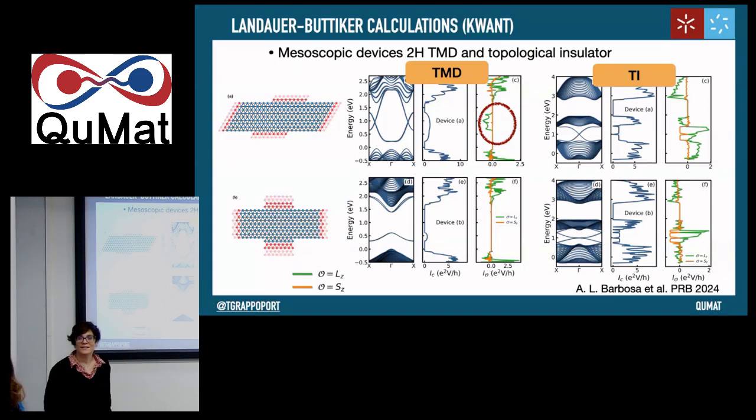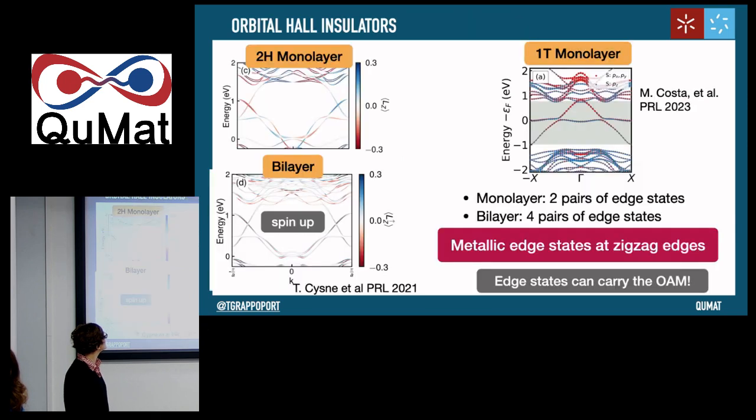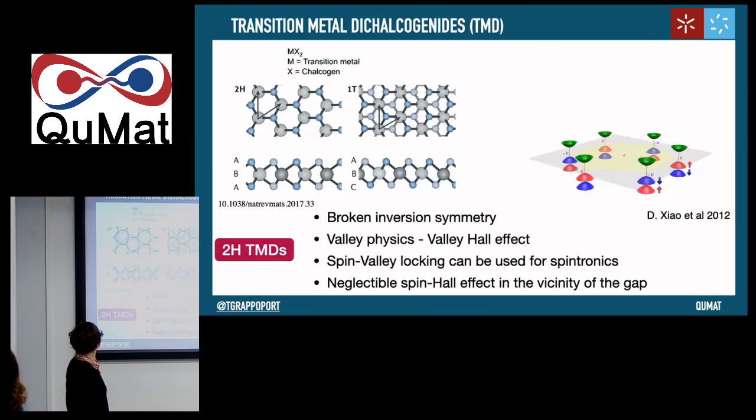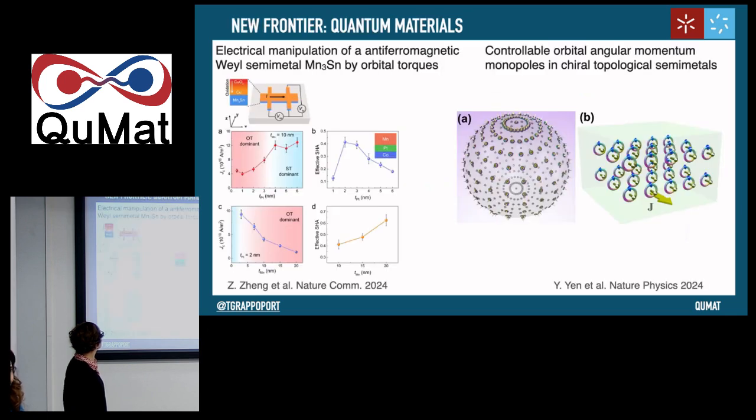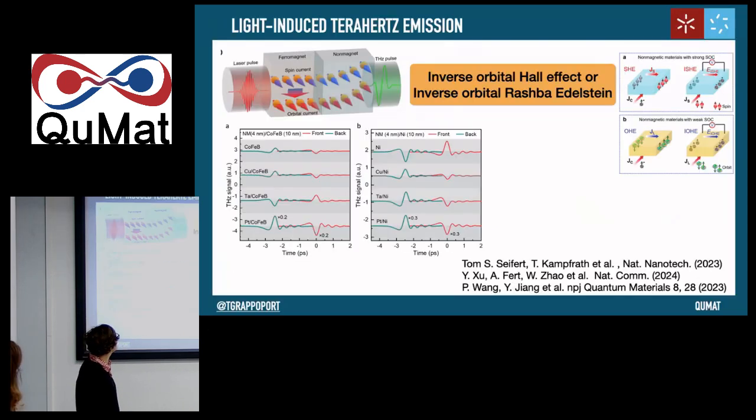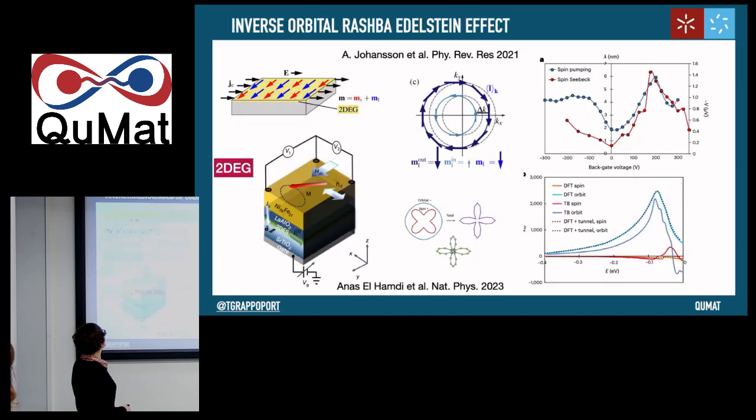Thanks for it. I have a question, maybe more from an experimental point of view. You mentioned that a lot of the experimental work has been done using light materials, light metals, because then you can get rid of the spin-orbit coupling. But is there a way that we can get experimental evidence of orbital accumulation without having to rely on the lack of spin-orbit coupling? Can we separate spin and orbital contributions without just removing spin-orbit coupling?